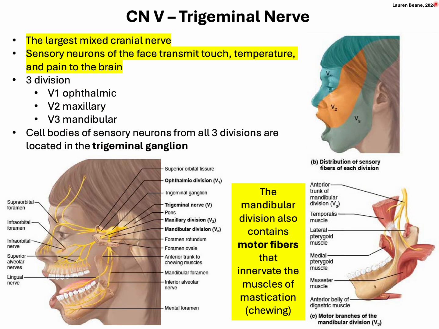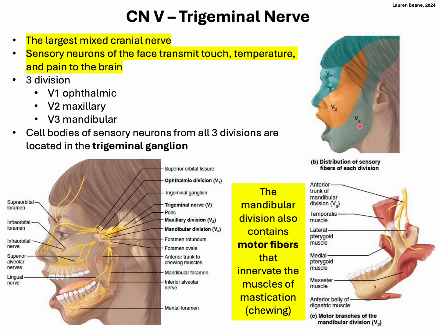Then we have the trigeminal nerve, tri meaning 3 because there are 3 divisions which make it up. This is the largest cranial nerve, and it happens to be mixed, meaning it's involved with sensory and motor. So the 3 divisions are the ophthalmic, maxillary, and mandibular. This colored image here shows you those